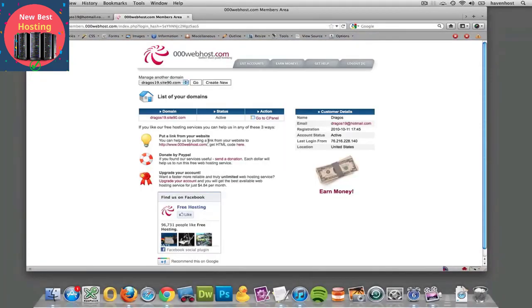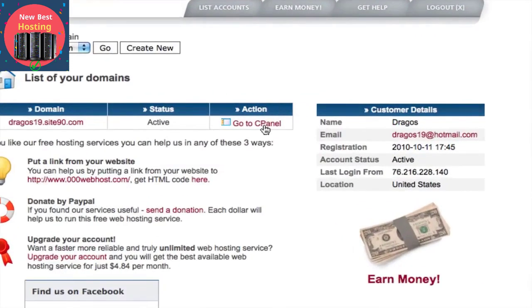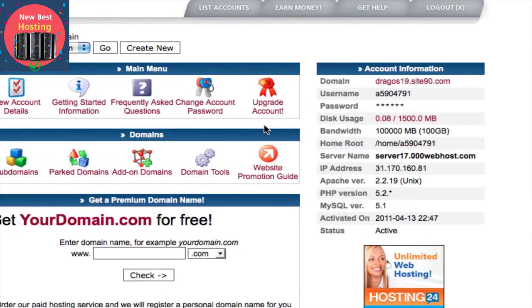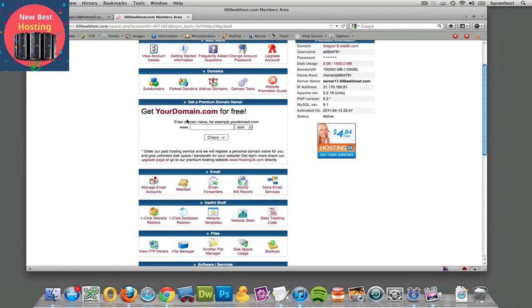But now I want to find the settings I need to configure this in an FTP program, because that's what Dreamweaver has inside. So once I clicked, if you notice right there, I clicked the Go to cPanel, because that's where all the action is inside of 000webhost. And we got a lot of good stuff over here, but it's important to note that there is a difference